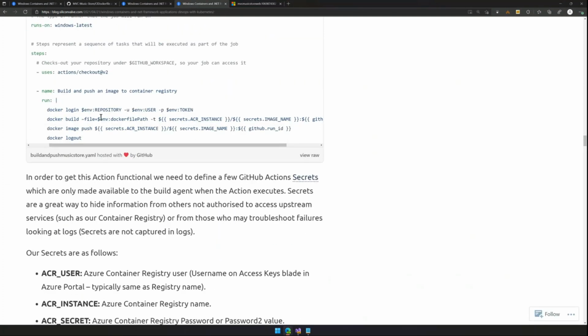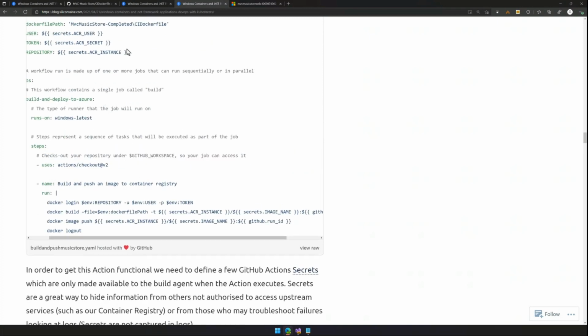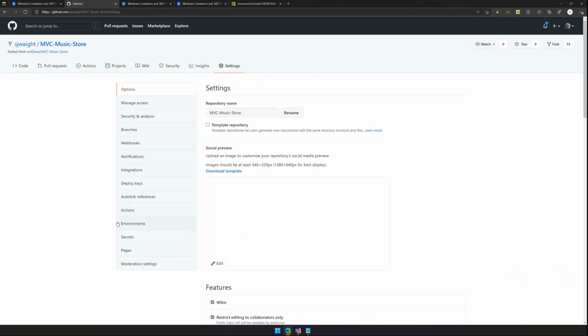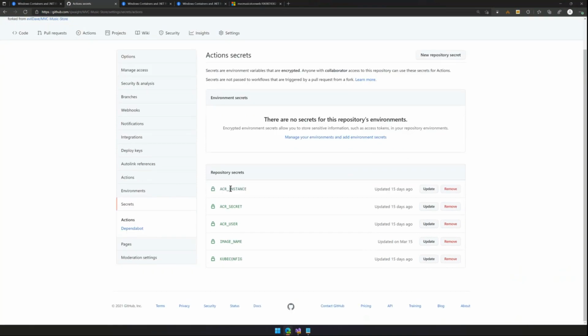We're using, just to sort of wrap this up, secrets inside of GitHub to protect our information. So we don't want people to know either where our ACR lives or things even like this, the image name. So in our definition inside of our repository, I can come in and set secrets. You've got those 4 secrets there that are used in the build.